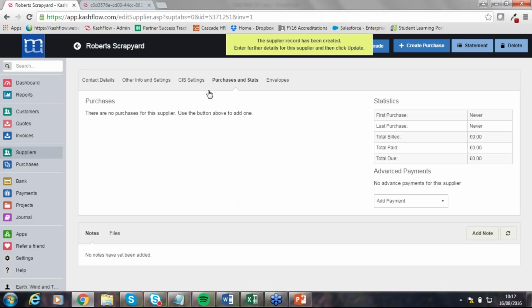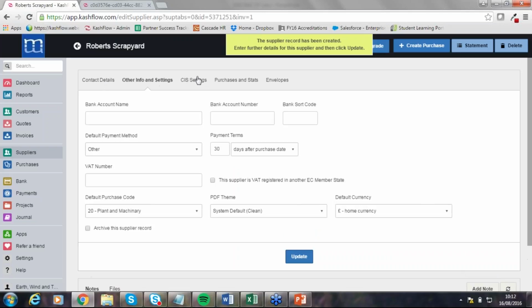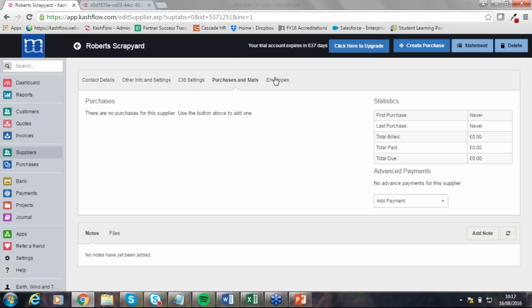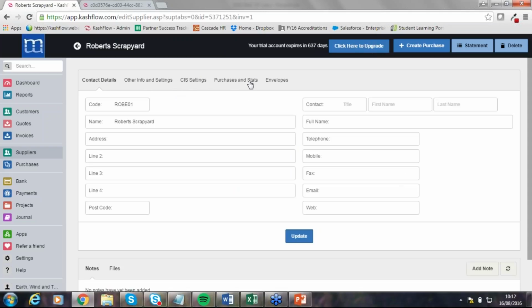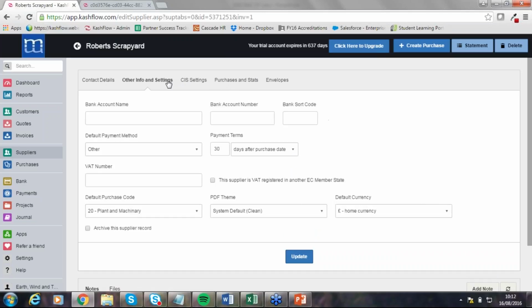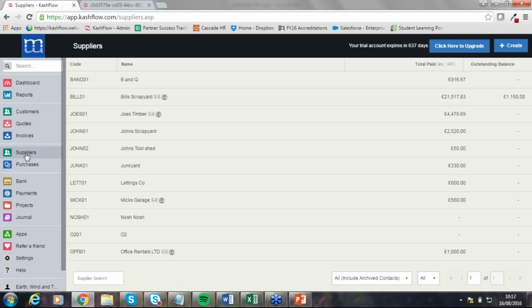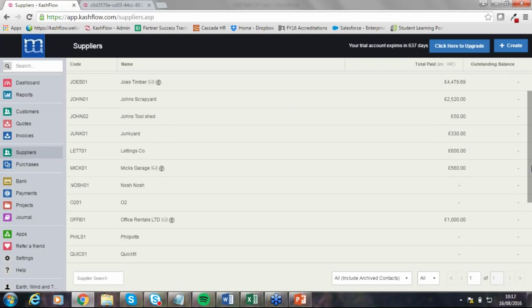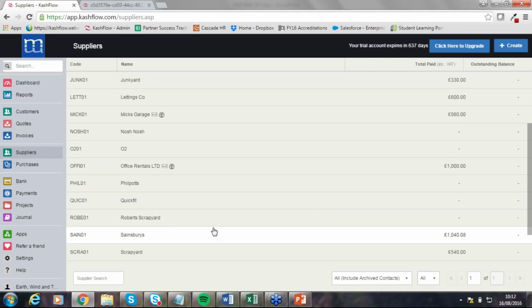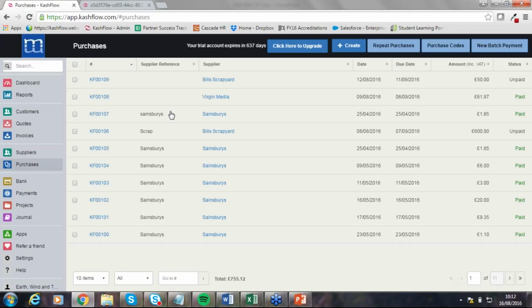And again, we come to our suppliers page here. And all we need to do, we can flesh out this information if we want, put contact details in there, choose any default settings that we want to. But I'm not going to do that just for the demo. And if we look, we see that Robert's Scrapyard is here. And if we want to record a purchase, very simple. It's just go to Purchases